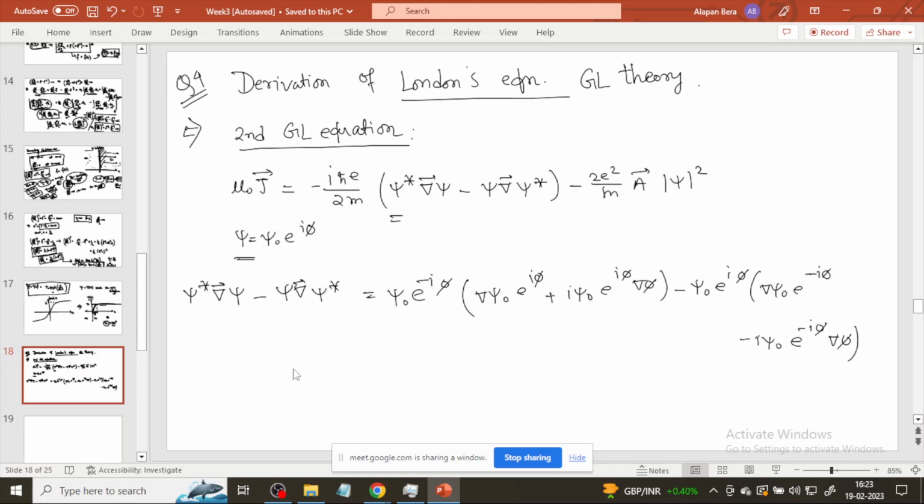If you calculate this, this term we already know is uniform, so it goes to 0, this term goes to 0, and we ultimately get 2i mod of psi naught squared into gradient of phi. Okay, so we had got this. Now, putting this back in this equation, we get